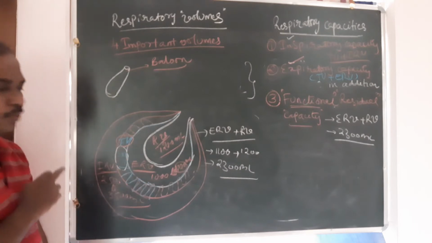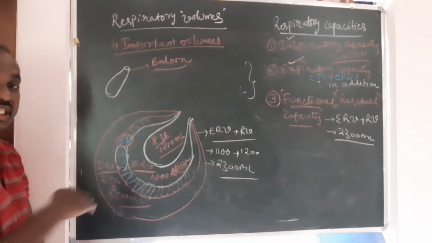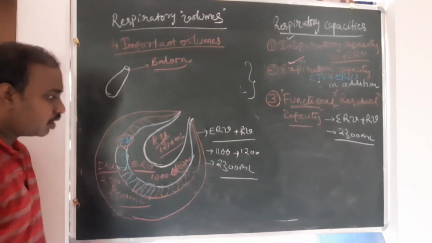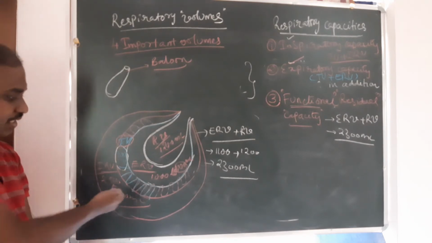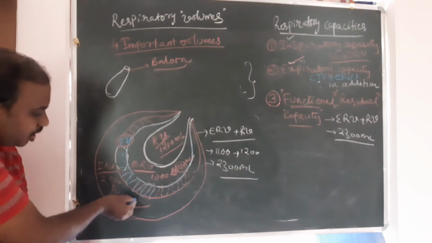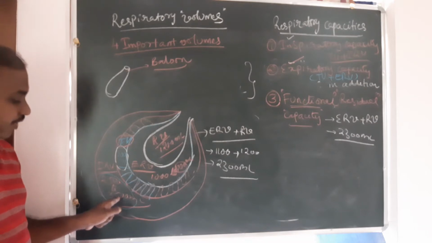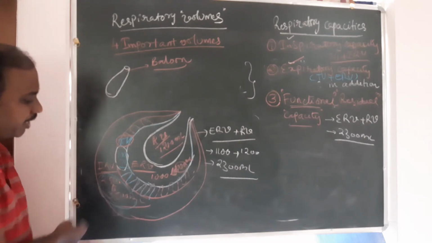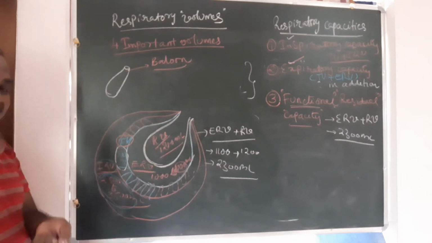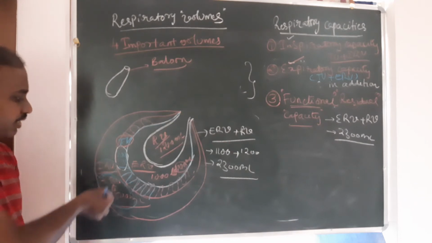Right? Tidal value. And sometimes you need to take more air. That means you need to inflate the lungs, just like how you are inflating the balloon here. You need to inflate the lungs by taking more air. Can you do that? Obviously you can. You have taken 2500 to 3500 ml of additional volume of air. Is it normal? No. This one is the forced air, because a situation has arisen. That is why you have taken this additional volume.